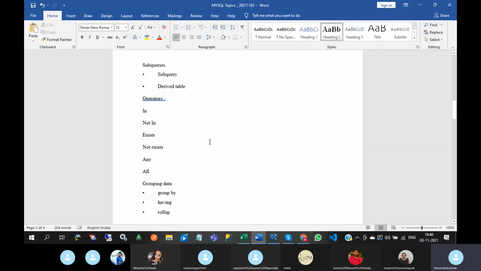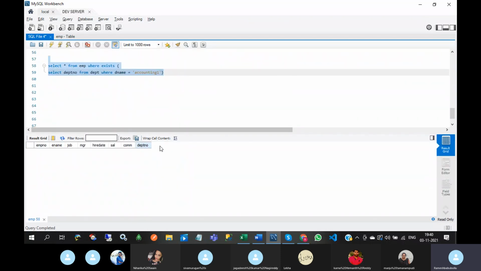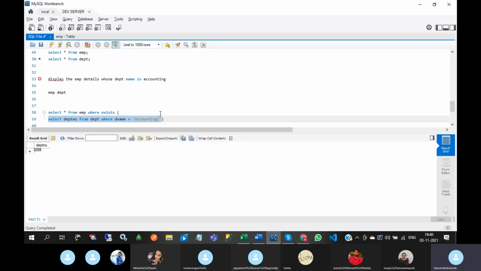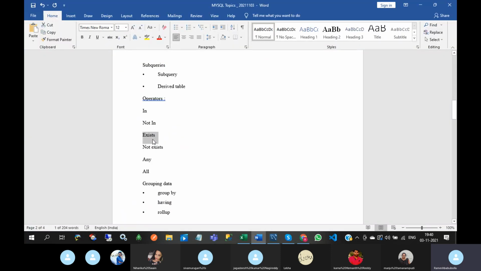So EXISTS tests for the existence of rows. That means it tests whether the inner query returns any rows or not. For example, I am giving accounting 1. See the output. It will not return anything. Why? Because the inner query returns nothing, that's why the outer query also returns nothing. So that is EXISTS.